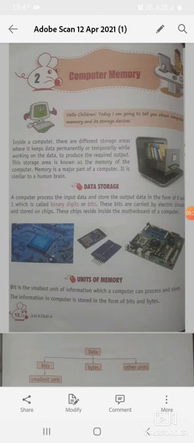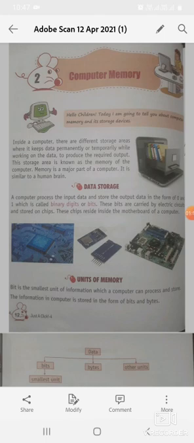Computer memory is the space in computer storage where we save our work after completing it or while we are working. Whatever work we do will be saved in this memory. Memory can be of two types: internal memory and external memory, or we can say primary memory or secondary memory. This we will discuss after reading this chapter. Now let's read this chapter.